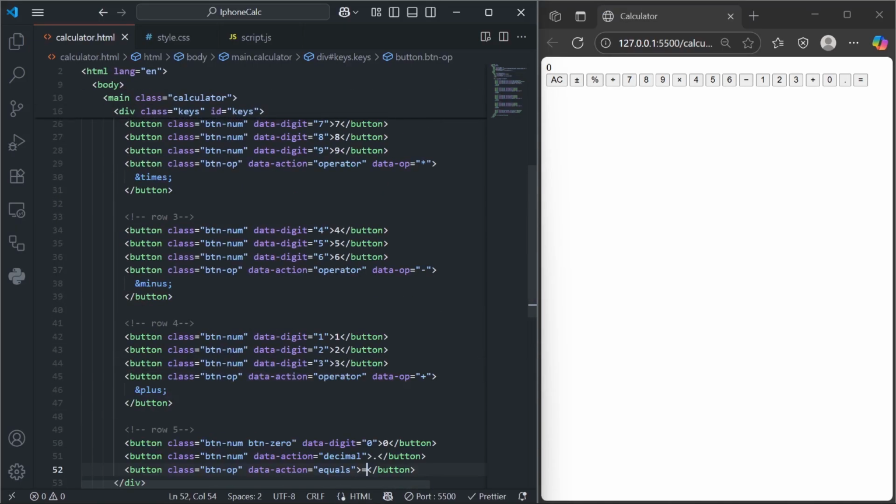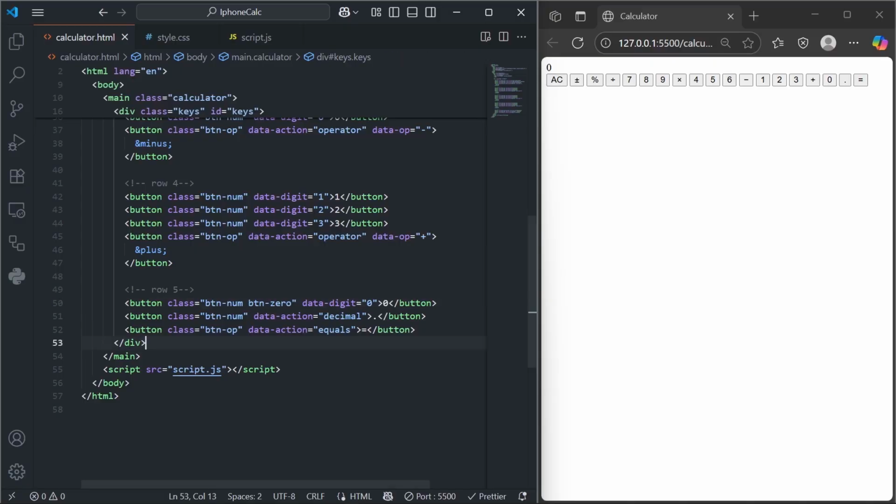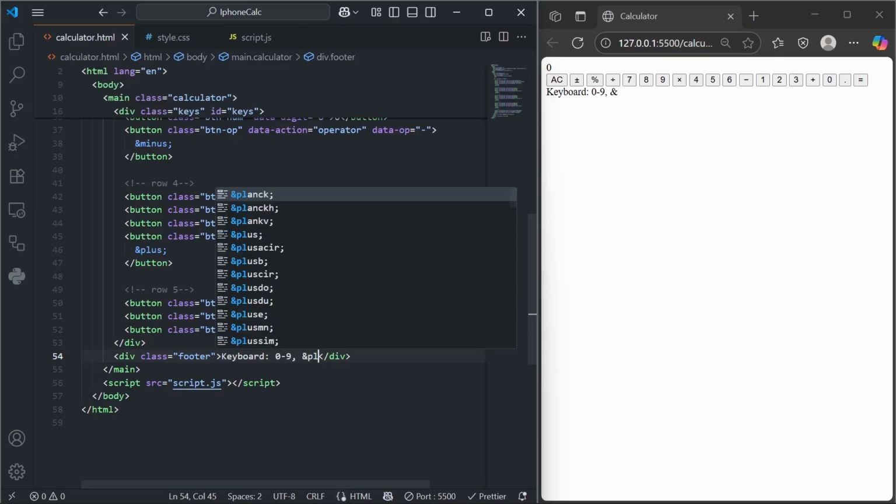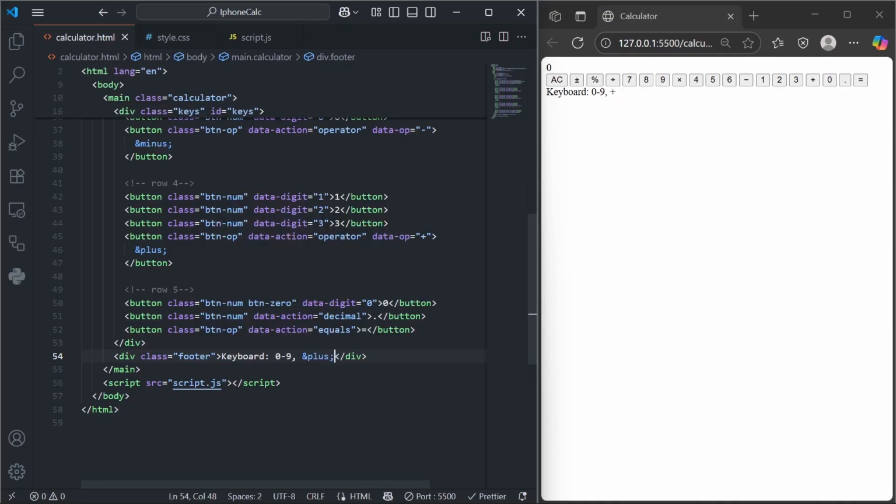So let's start with our styling now in CSS. But before we go into our styling, let's just have this footer down here. So I'm going to say div.footer like this, and inside the footer I want to show that we can also use our keyboard. I want to make it that we can use our keyboard. So I'll say keyboard 0 to 9, then comma. Our plus sign, I'll say plus like this, then comma, then minus,